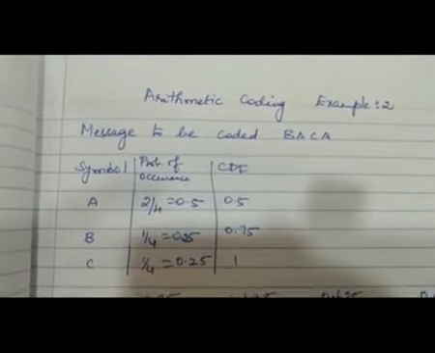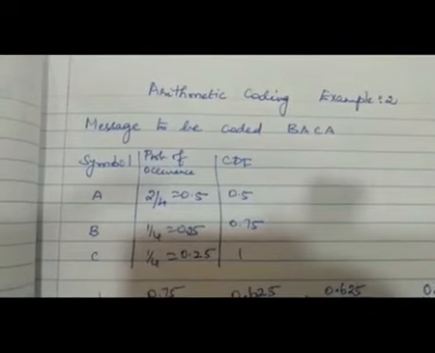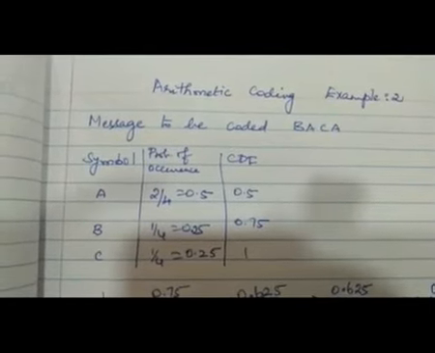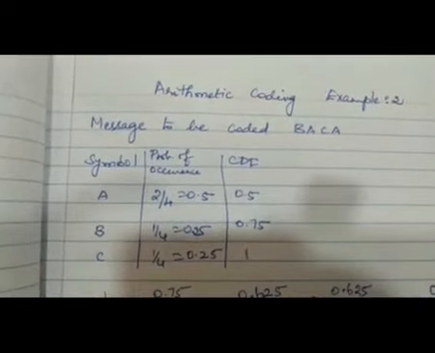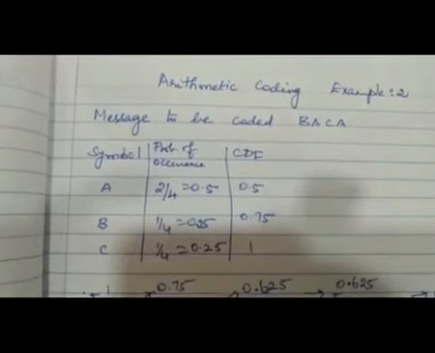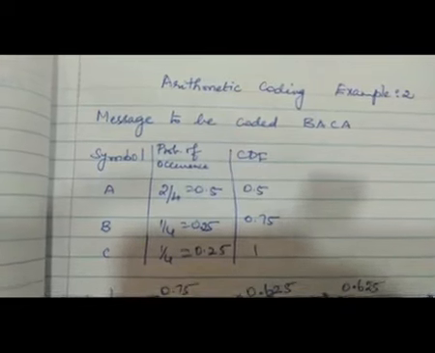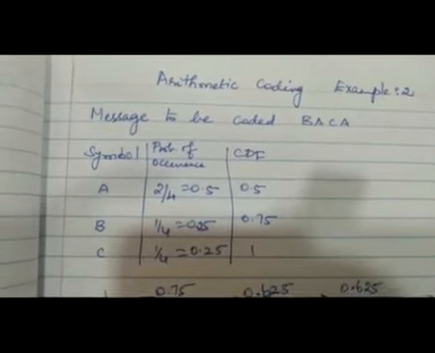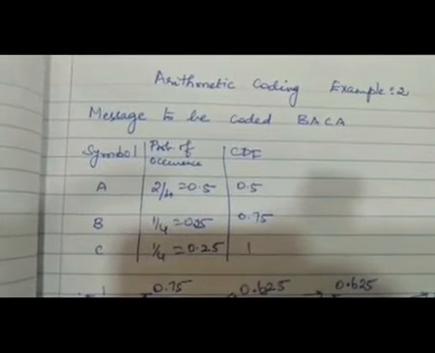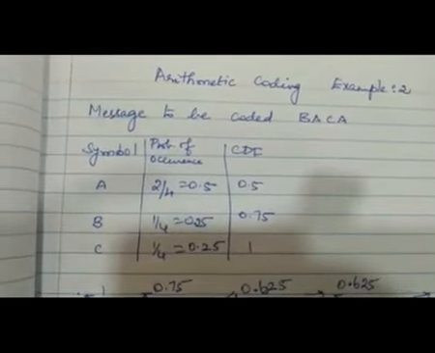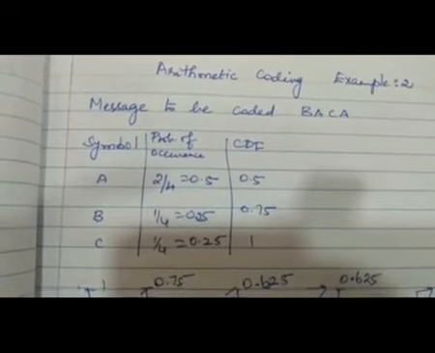Hello everyone. The topic that we are going to see today is another solved example from arithmetic coding from digital image processing. In solved example 1, I have given some introduction about arithmetic coding and its efficiency over Huffman coding. So you can refer to the solved example 1 video and know the introduction and theory for arithmetic coding.